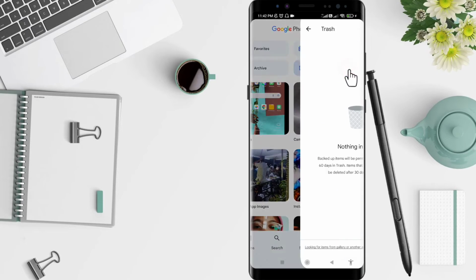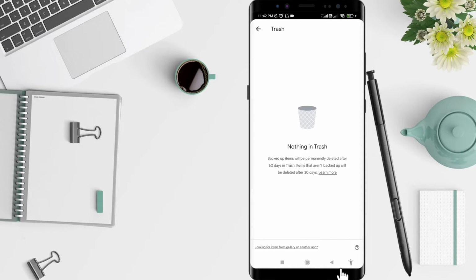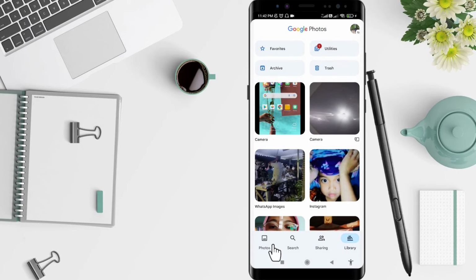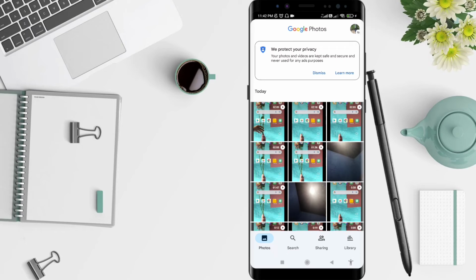And now your trash is empty. Now there's nothing in the trash here. Okay, go to the photos and let's see the photo has come back to your Google Photos. Okay, this is a tutorial on how to restore a photo on Google Photos for